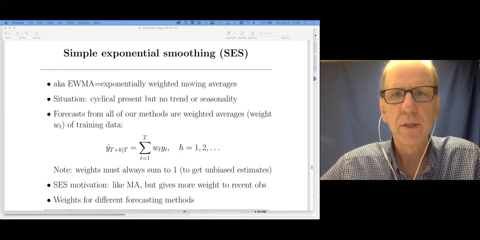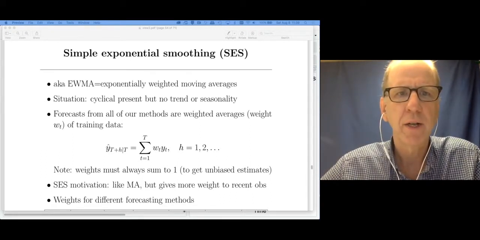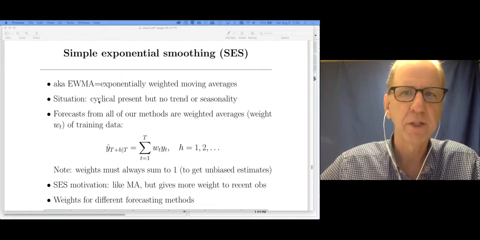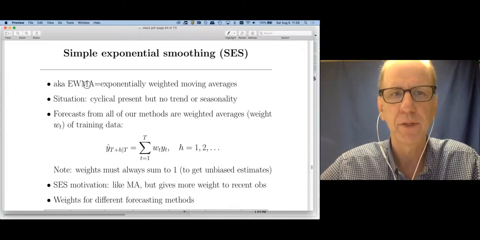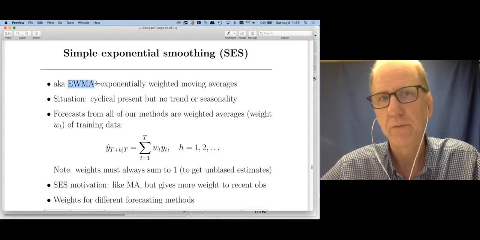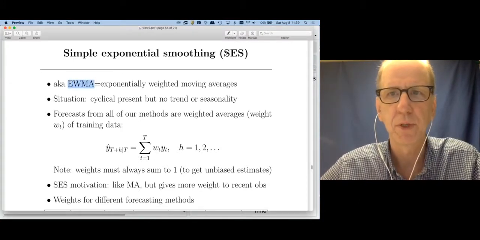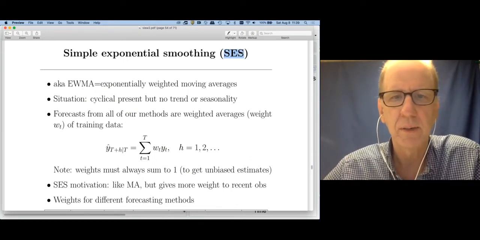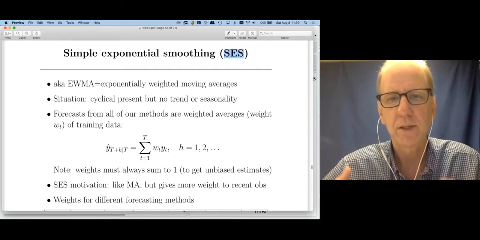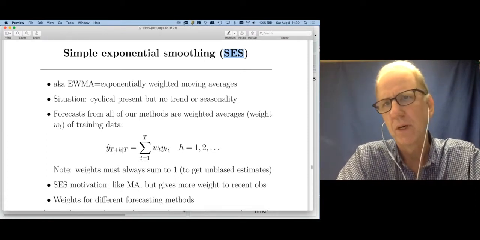Now, when I learned this, I learned it under the name the exponentially weighted moving average, or EWMA for short, and so some textbooks call it that rather than simple exponential smoothing or SES. I'm going to try to call it SES because that's the name of the function that the forecasting library uses